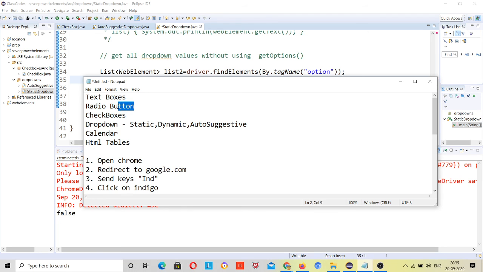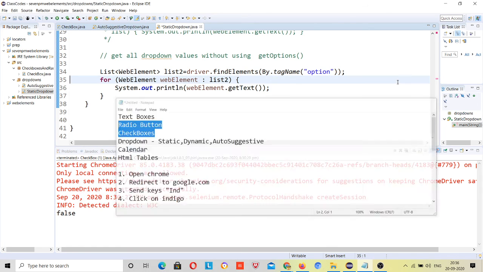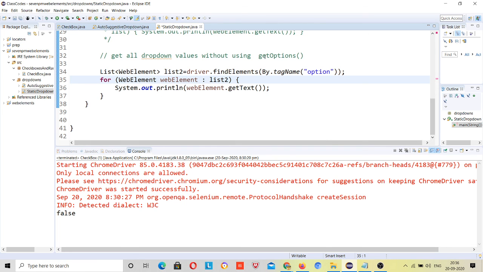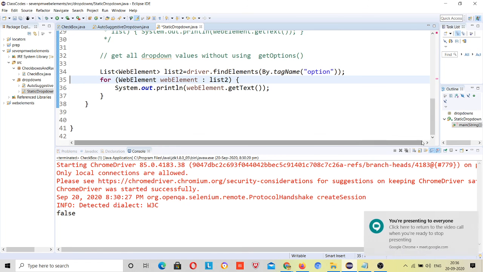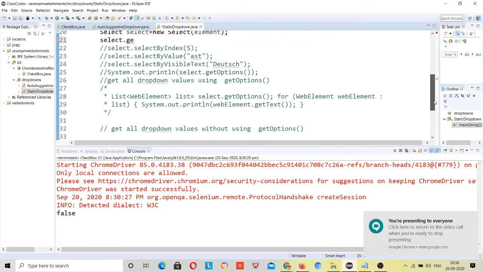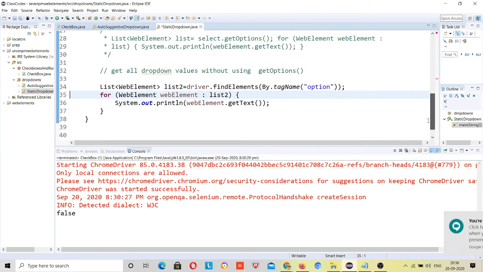Same way we can handle radio buttons also, because check boxes and radio buttons are clickable elements. The same methods, same functionality and same process are present. That's why I am skipping these, and I am giving both as an assignment. You just need to locate them, nothing different. That's why I am not covering that. Sumit will be giving you assignments related to this.